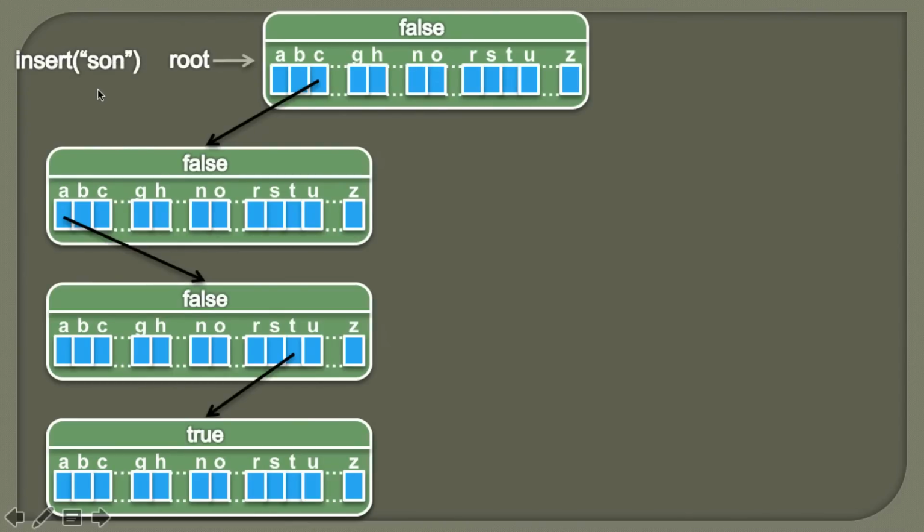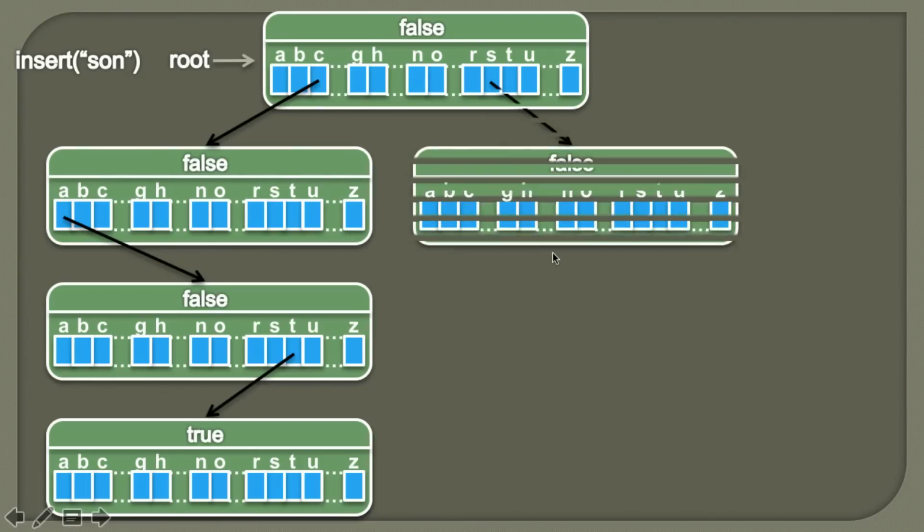Friends, let us take one more example. We'll insert the word sun. So when we call the insert method, we'll start from the root, and as we want to insert S, we simply reach the index which maps to S, and we see whether it's equal to null or not. Here you can see it points to null. Therefore in order to insert the character S, we'll first create a trie node, and we'll simply refer to this trie node through this link from the index which maps to S.